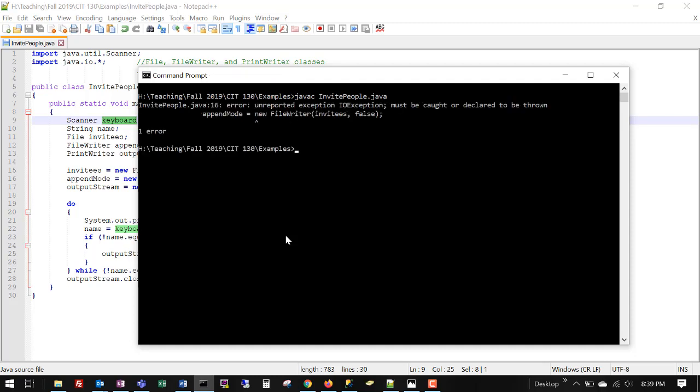And what we see here is an unreported exception: IO exception must be caught or declared to be thrown. This goes back to the concept I talked about in the exceptions lecture of checked versus unchecked exceptions. The IO exception is a checked exception. So, in order to create our new file writer, we have to make sure that we're prepared to